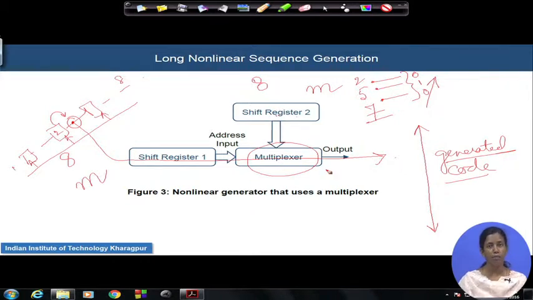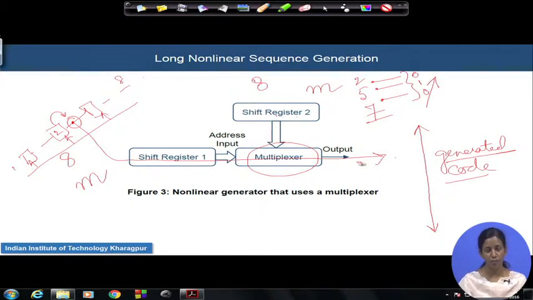So, the way you combine them is completely your design constraint, but this is one example, and there are several examples like that, ways you can improvise the nonlinearity inside the circuit. That will not increase the number of stages in the shift register sequence generation, but it will definitely help you improve the security level of the circuit. But remember one thing, whatever you are doing, whether sticking to a single shift register and taking the value from there, or changing the address for each and every clock pulse, or even changing the shift register